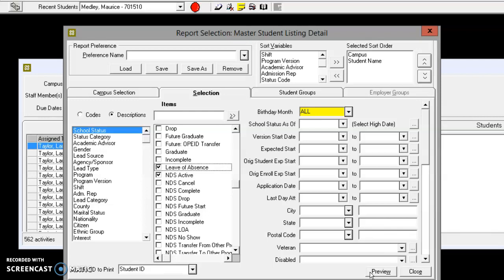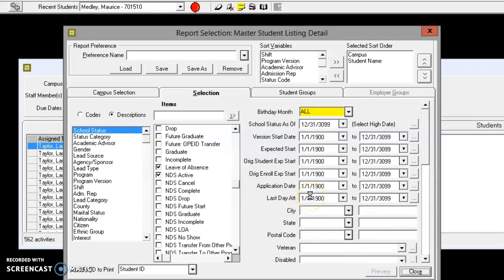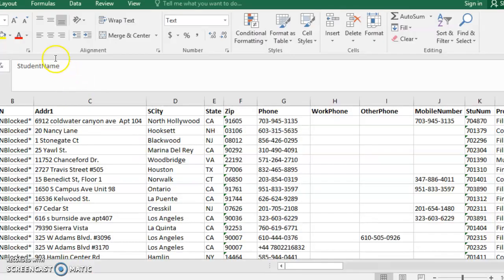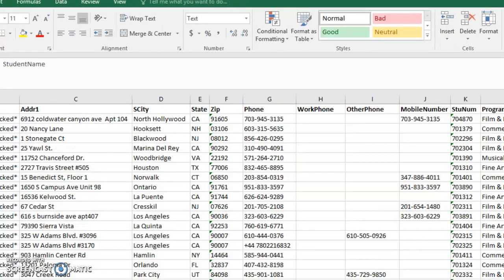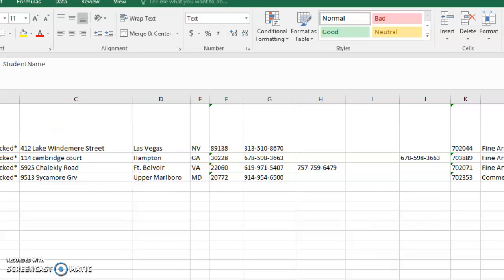So for the master student listing population report, that's really all you need to do, select those active statuses, then you will select preview. And it will pull up your master student listing detail. Once you have that, you can export it to Excel. And then I like to do a pivot table to show me the specific numbers, but this should be your active student listing. So for Studio School right now, we can see in the system, we have about 253 students active. Of course, we have to remove